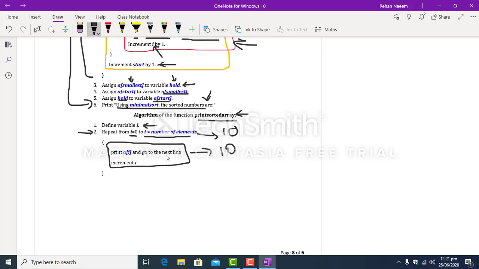So what are the two tasks? The first task is to print A[i], and after printing A[i] you have to go to the next line, and then in the last step of this loop you have to increment the value of i by 1. So that's it.